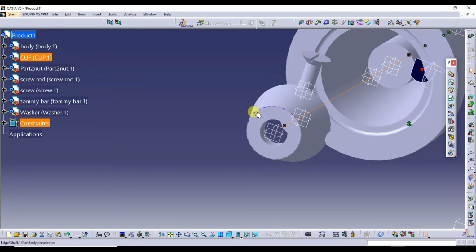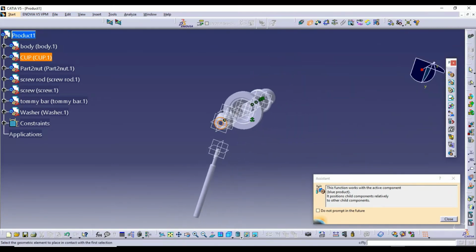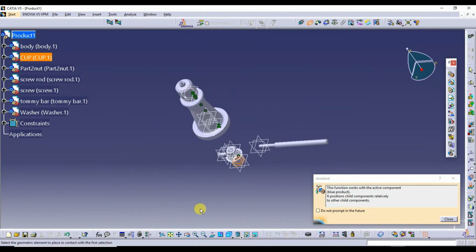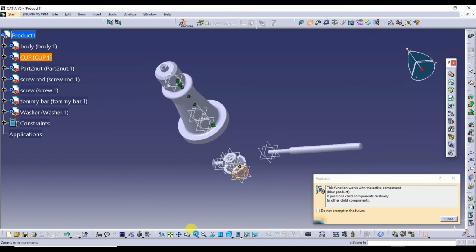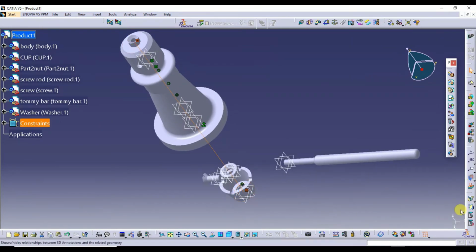So what I do, I'll use the contact constraint, choose this surface. It has to sit on this surface. So go for the update. After selection of this surface, go for the update command.